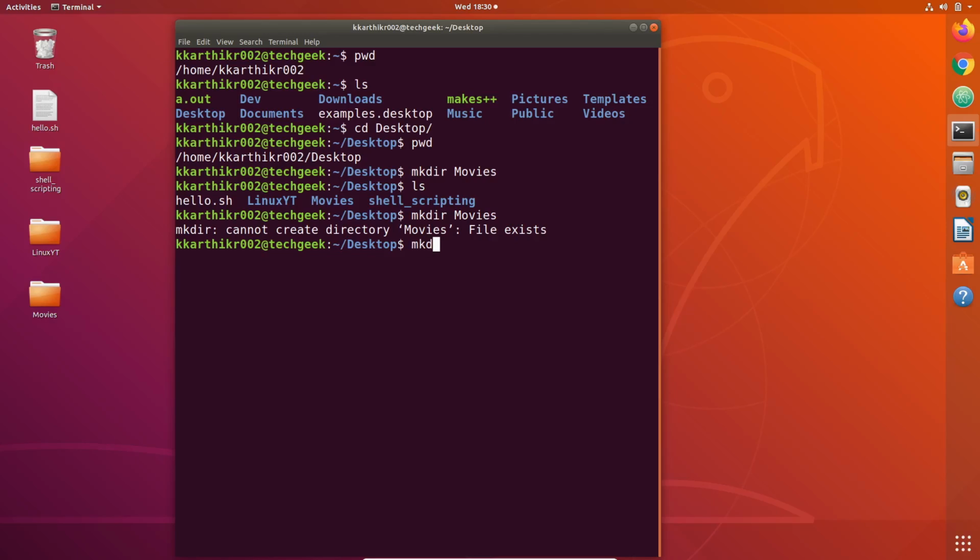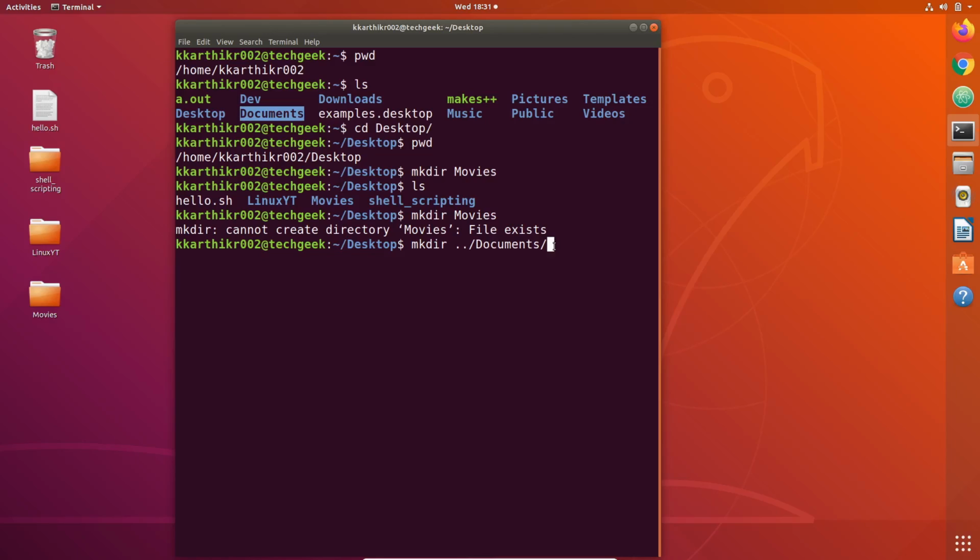Just type mkdir and then give a space. Then we need to specify the path of the documents folder. The path of the documents folder with respect to desktop is nothing but just go back once and then go into documents. Go back means going to the parent directory and then going into the documents folder.